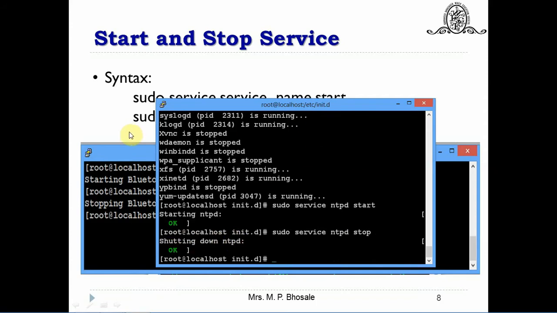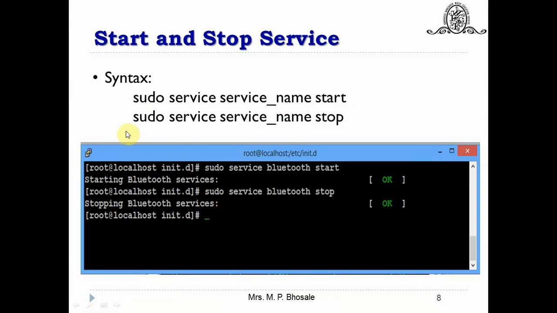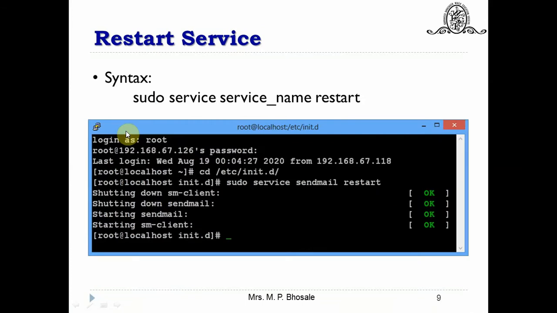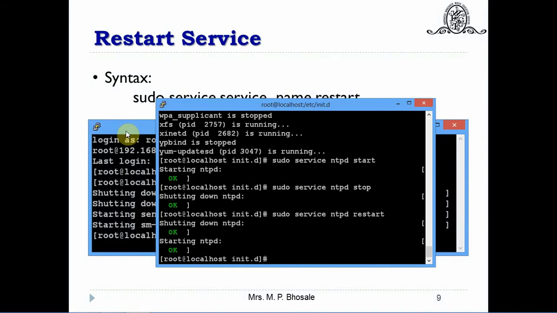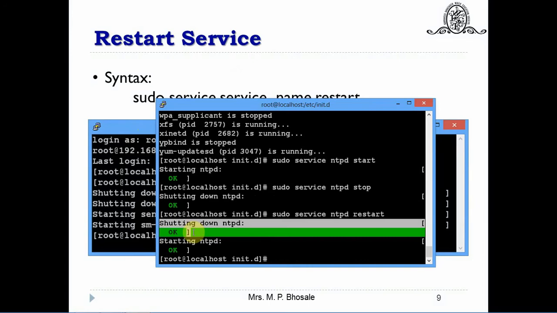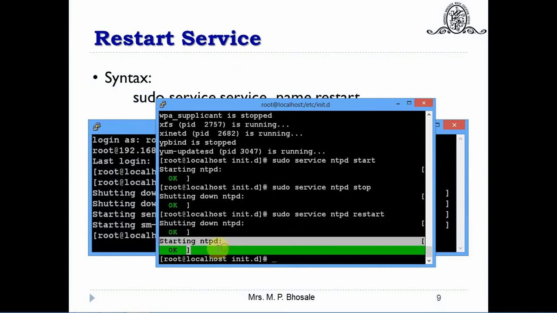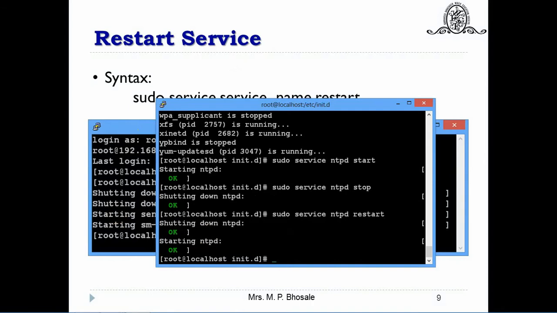This is how you can start and stop services. If you want to restart it, then instead of start and stop you just say restart. So let us do that also. I will say restart here, and first it will shut down the service whether it was started or not, and then it will start again and give the status OK.